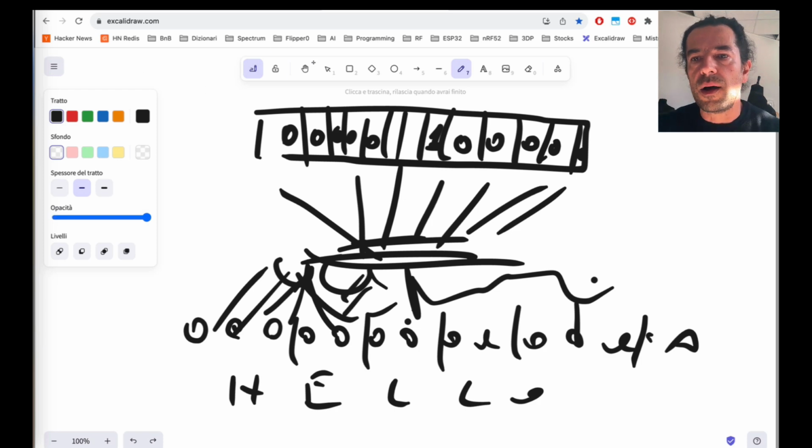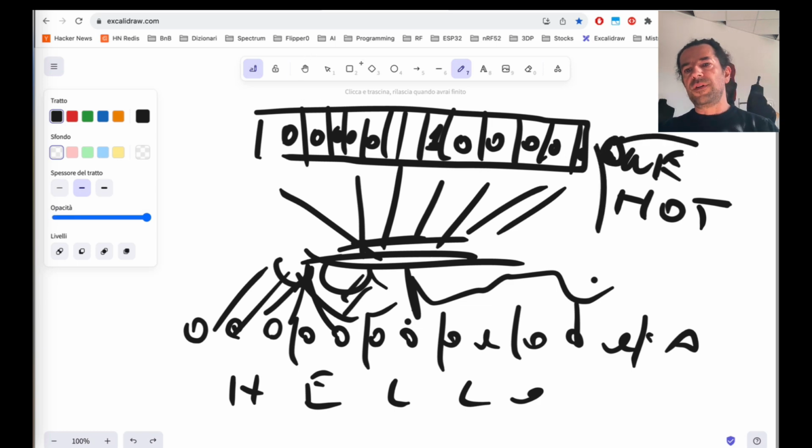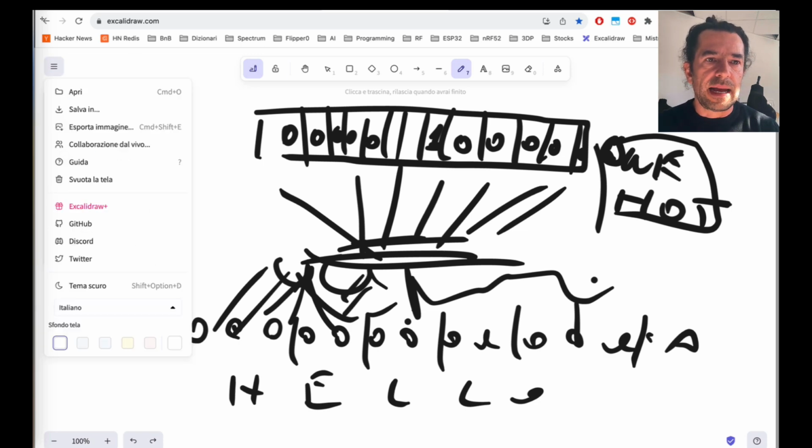This is called one-hot encoding, and this is very used in machine learning, even if it's an incredibly wasteful way to encode data.